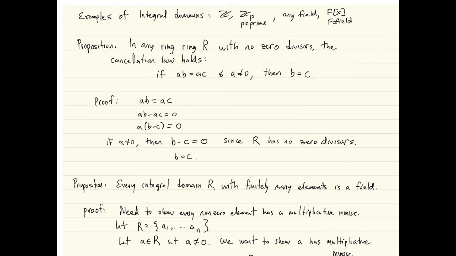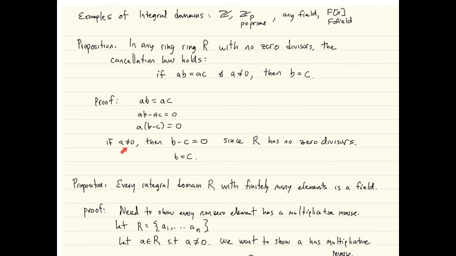if R is an integral domain, the cancellation law holds, that if a times b equals a times c, and a is non-zero, then we can sort of, quote-unquote, divide by a, and we can conclude that b equals c. And the proof is simple. So we start off with ab equals ac, subtract off the ac from both sides to get this, factor out the a, and so now we have two elements that multiply to 0, and we're assuming that a is non-zero. So because we're in a domain, that means when you have two elements that multiply to 0, at least one of them has to be 0. So one of a or b minus c has to be 0,